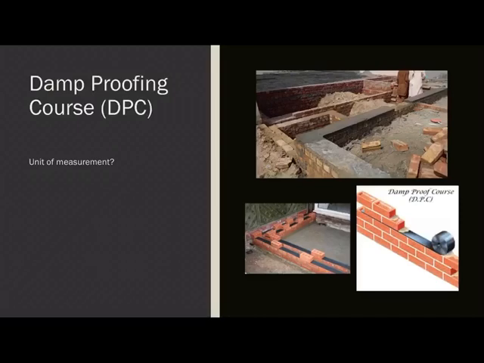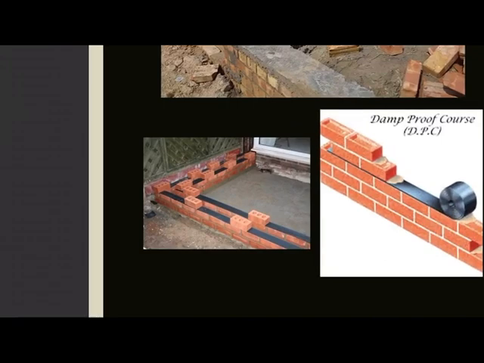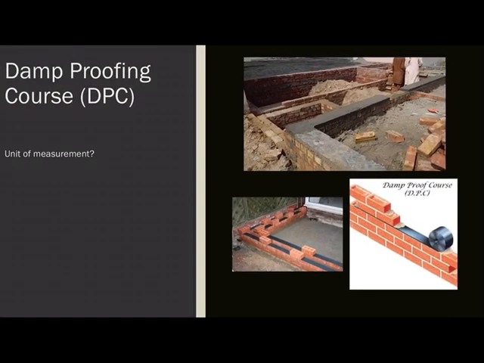Now coming to a damp proofing course, as we all know, is usually the course that you provide to prevent capillary rise. So for preventing capillary rise, you provide a DPC course. It can be provided in different ways. It can be a compound that's mixed in PCC, or it can be a particular material that is available in sheets like this, and you can provide it in between the 2 consecutive layers, that is on top of the plinth but below the wall. Now DPC is measured in meter square.